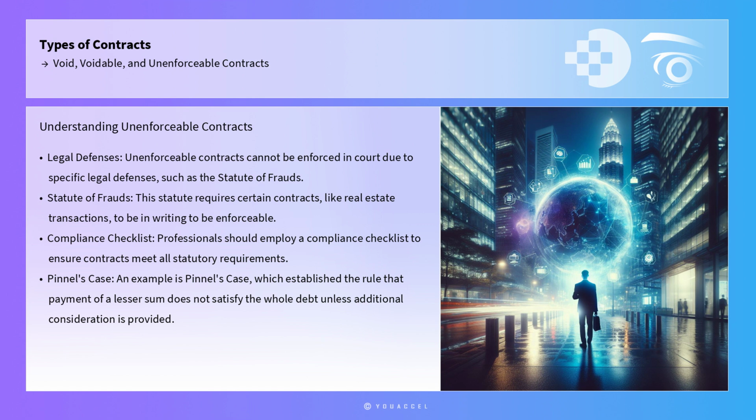Unenforceable contracts, while valid in every other respect, cannot be enforced in a court of law due to specific legal defenses, such as the statute of frauds. This statute requires certain contracts to be in writing to be enforceable, like real estate transactions. If such a contract is only verbal, it becomes unenforceable. Professionals should employ a compliance checklist as a practical tool to ensure contracts meet all statutory requirements, thereby avoiding unenforceability